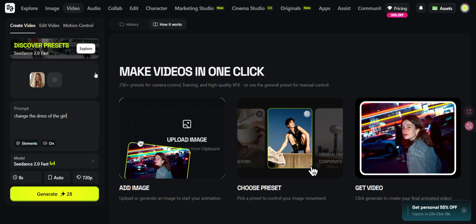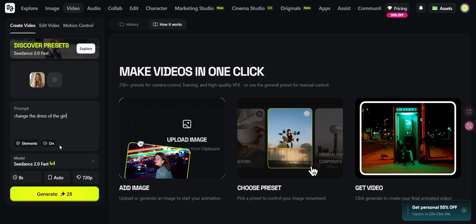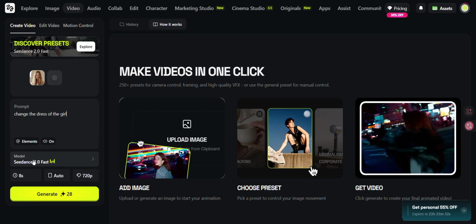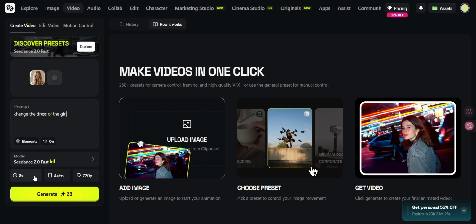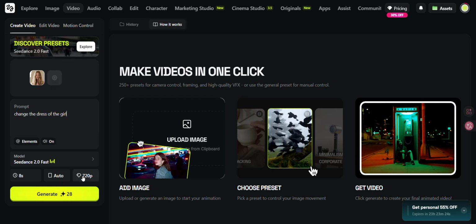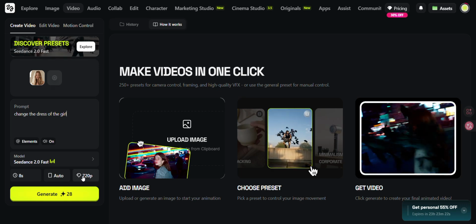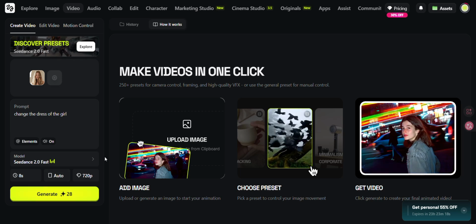And once you've done that, you'll select any elements if you want, and you can also keep the audio on or off according to your wish. So you will select a model and select the duration, and you can select auto or manual, and also select your quality options. Once you've done that, simply press generate, and if you've got a pro plan, you will be able